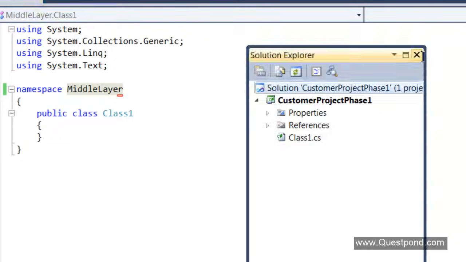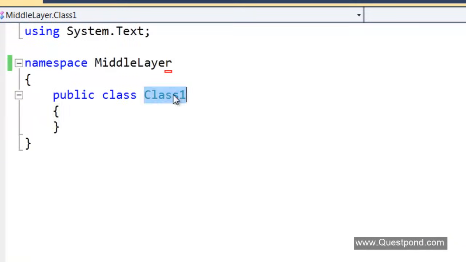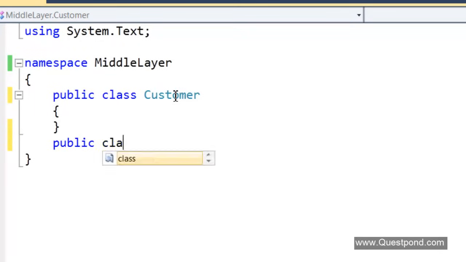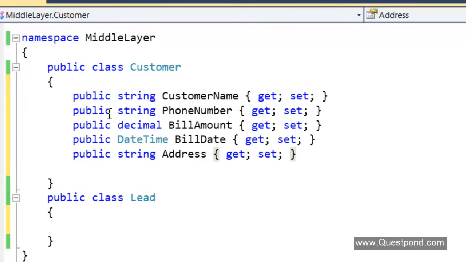So as we said, we have 2 classes at this moment. One is the customer class and the other one is a lead class, right? And if you remember, we said that there are 5 properties which we had identified by using the pronoun approach. We said that we need the customer name, the phone number, the bill amount, the bill date, the address, and so on. So you can see all of these 5 properties here. And also